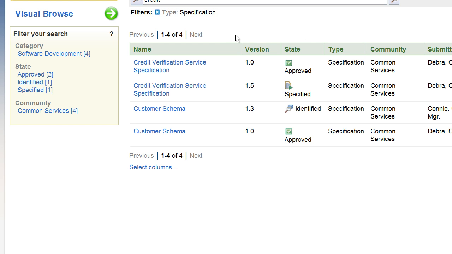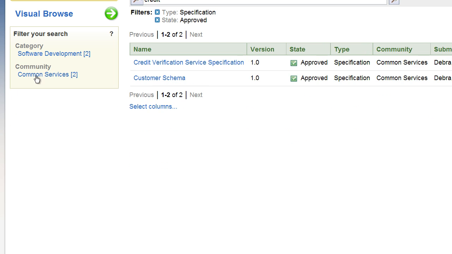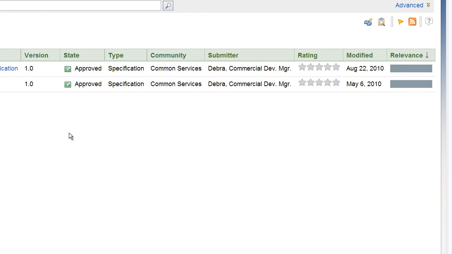As you can see, we have 4 of these, and some are approved and some are specified. Let's just focus on the approved assets. And so we have 2 assets that respond to the credit keyword, have a type of specification, and are in